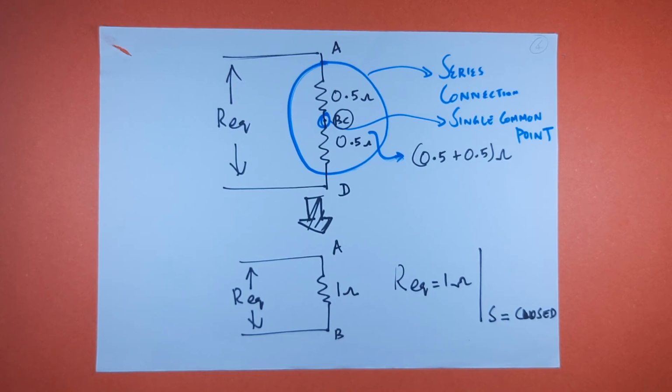So when the switch S is closed, the equivalent is also going to be 1 ohm. When the switch S is open also, it is going to be 1 ohm. Some of you may get the same answer, 1 ohm, 1 ohm. But the very important thing is whether you followed the same logic in arriving at the answer. Sometimes people do it in the wrong way, but they may arrive at the correct answer. So you check whether you followed the same procedure as shown by me.